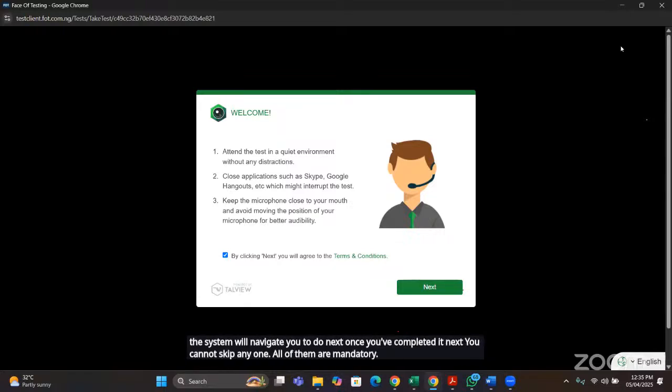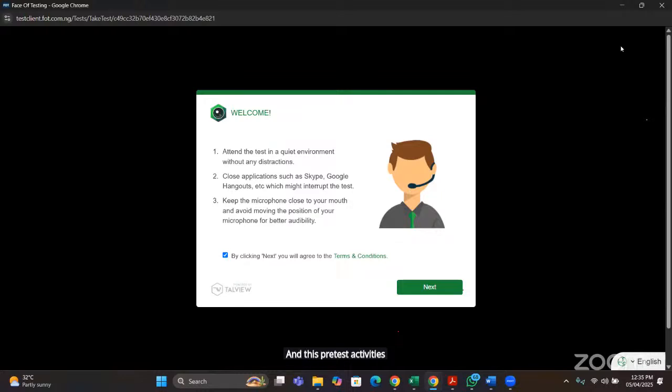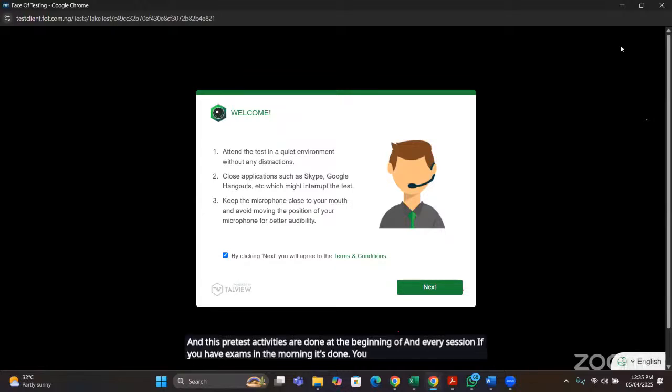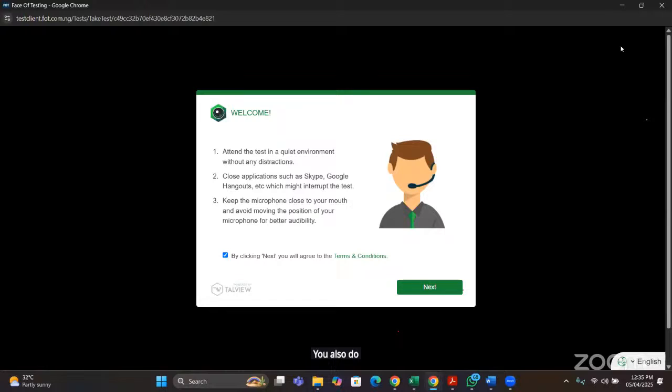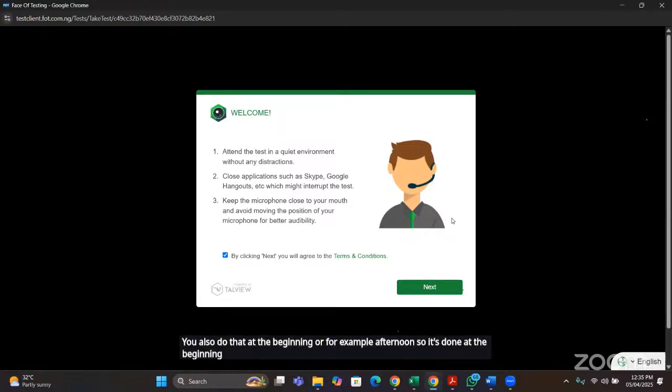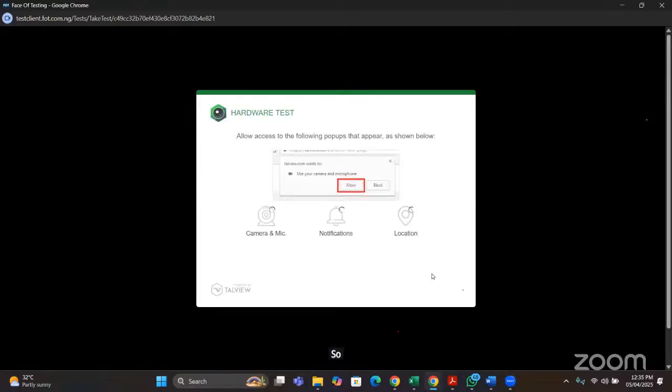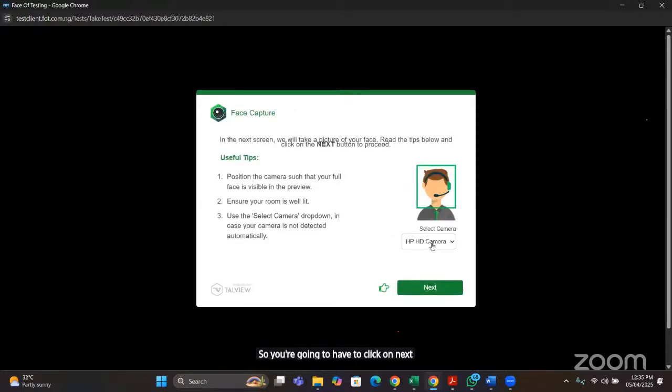And these pre-test activities are done at the beginning of every session. So if you have exams in the morning, you have to do it before you start your exams in the morning. If you have exams in the afternoon, you have to do that at the beginning of your exam in the afternoon. So it's done at the beginning of every exam. So you're going to have to click on next. Then the first step is the